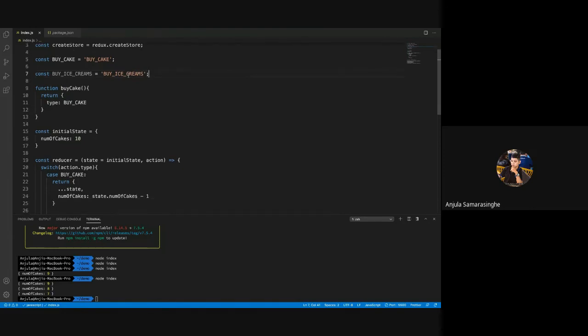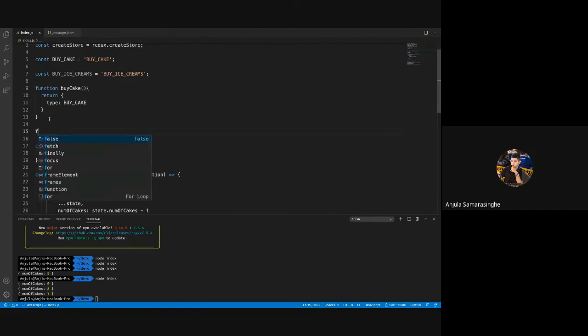So yeah, I created my type. Now I have to create an action. Let's create a function. Let's name it buy ice cream,